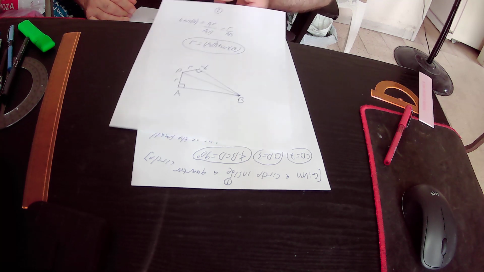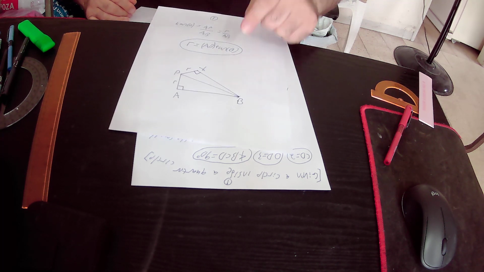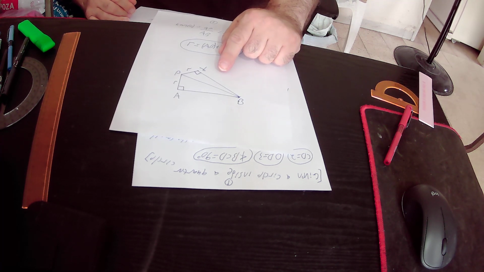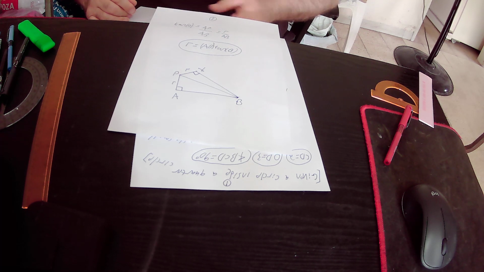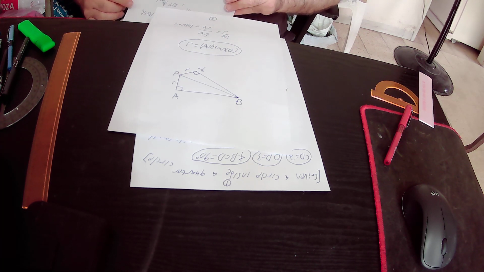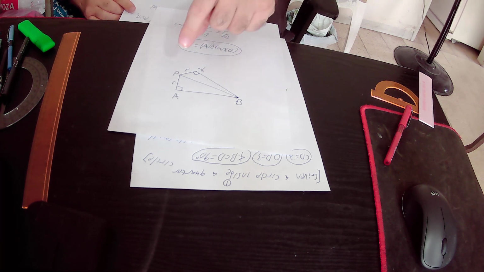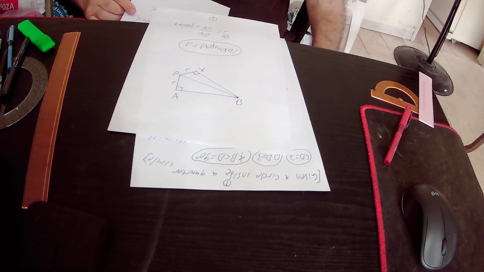Then I proved that triangle PXB is congruent to triangle APB because AP equals to PX equals to R. Both those two sides are the radiuses of the circle, therefore they are equal to each other,